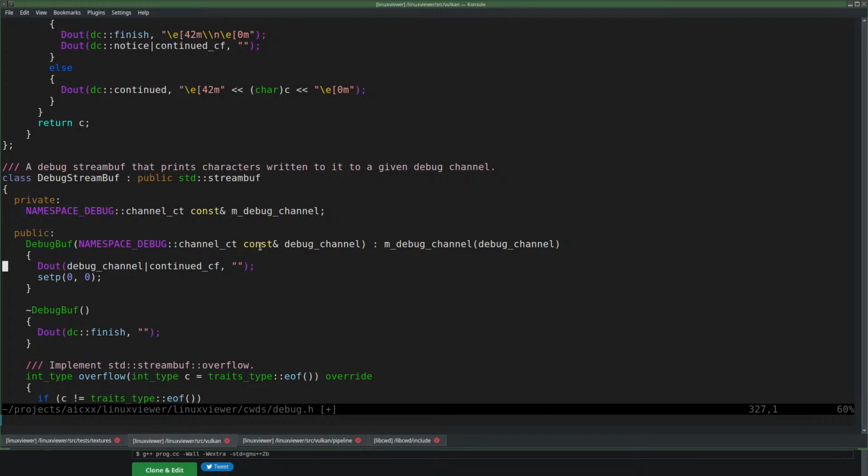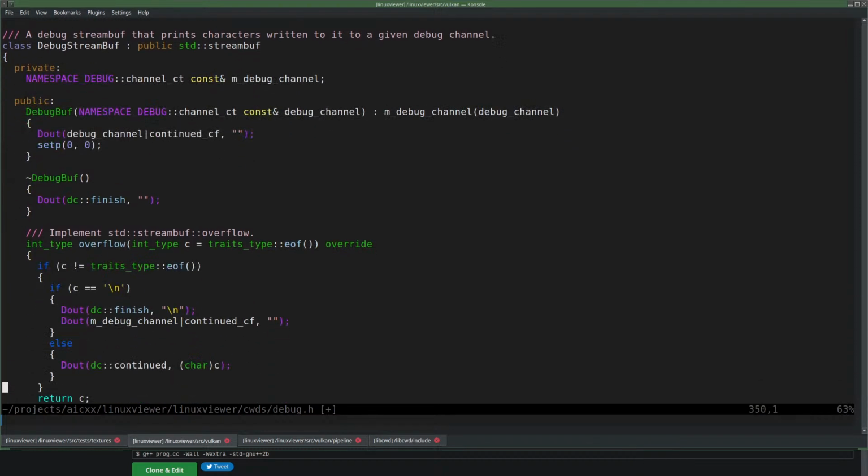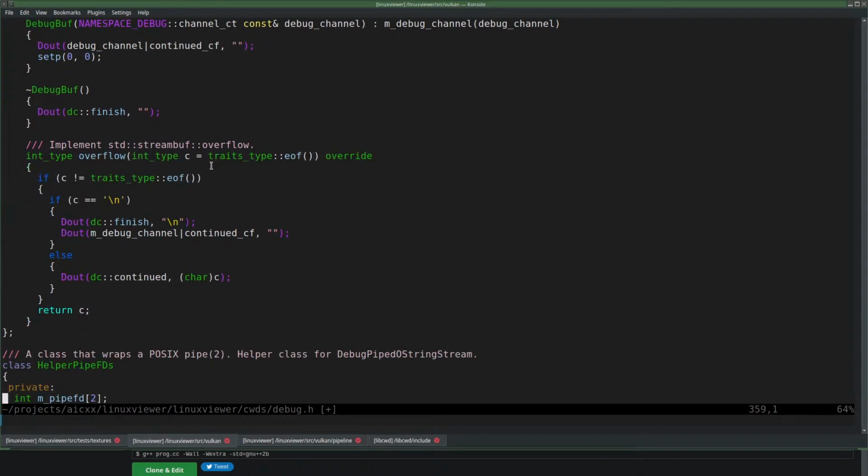Upon construction, it writes nothing to that debug channel, but with a continued flag. And then upon destruction, it writes finish to it. So these two balance out. And then in the meantime, every time I get a new character, I write a character to that debug channel.